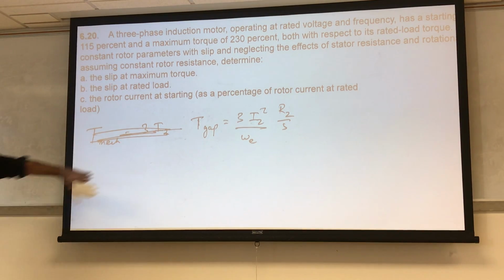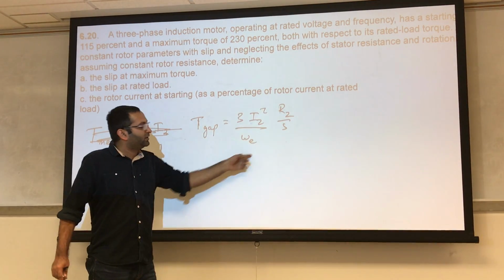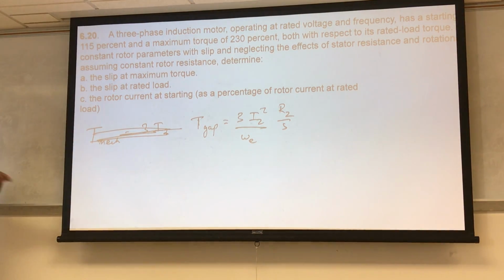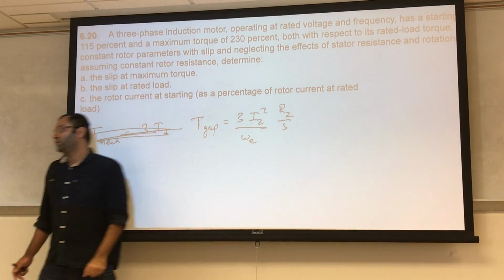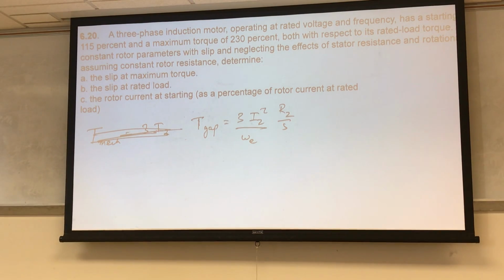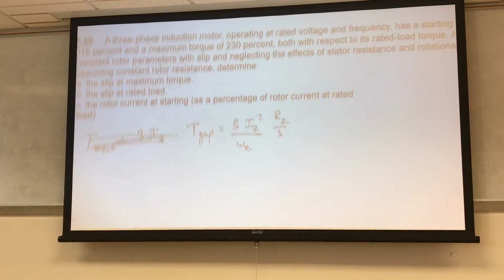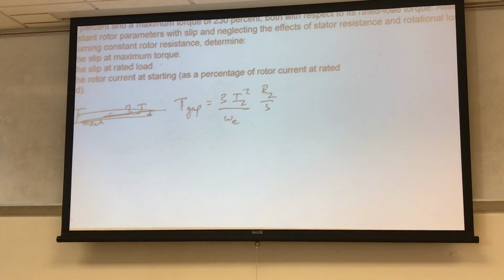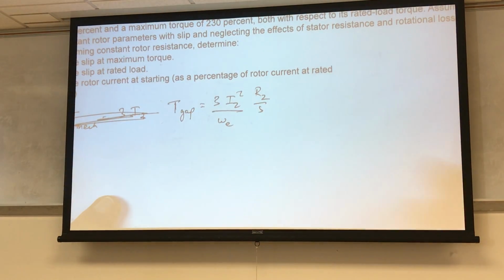So this is the air gap power. You divide by the frequency and you'll get the torque directly. So this is the key equation. So it's asking you to find